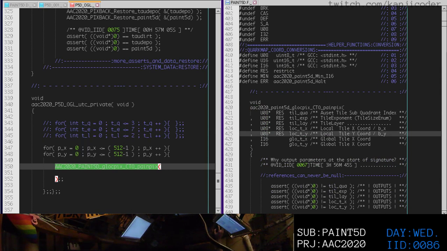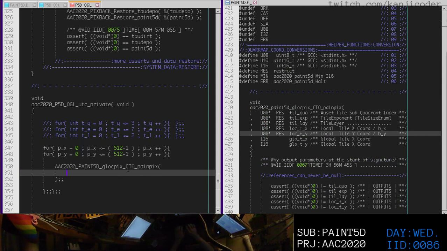So Glockfix to PainFix, we have the tile quadrant. Well, hold on. Oh yeah, because they're the outputs. So the tile quadrant, the tile exponent, the tile layer. The local X, the local Y, and